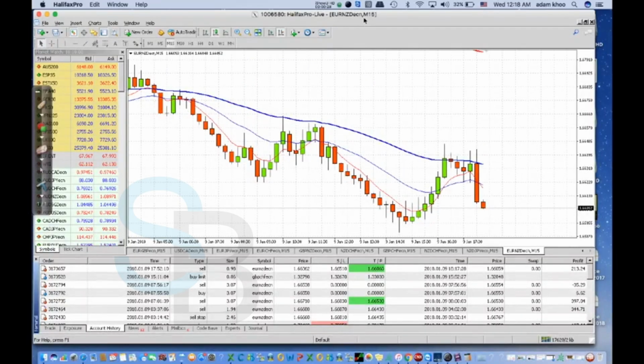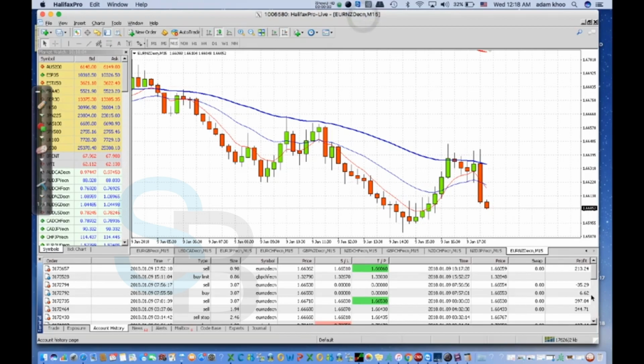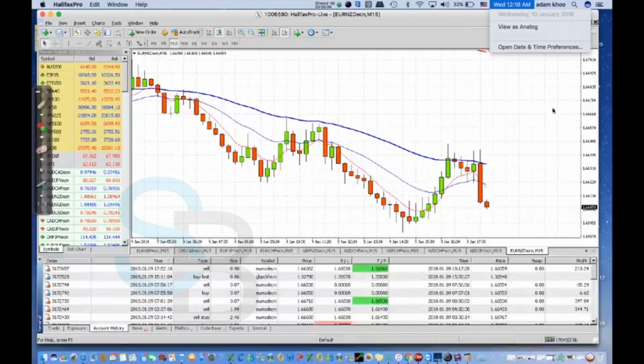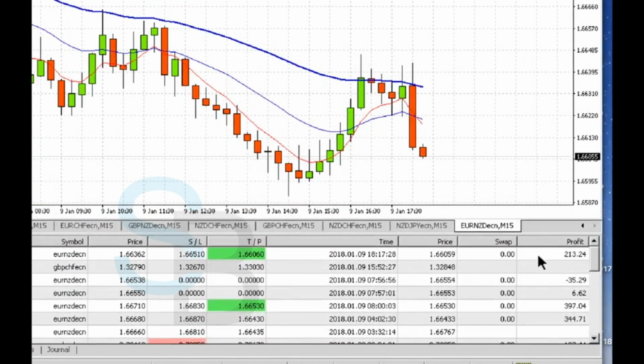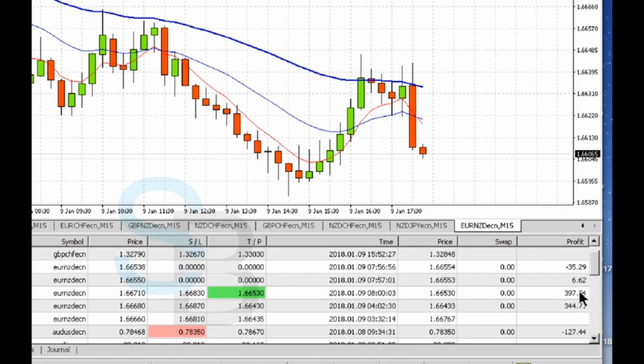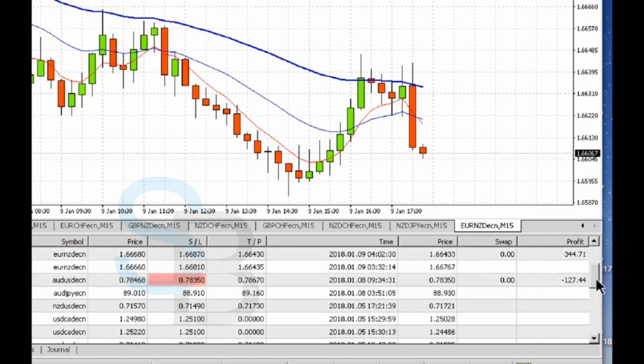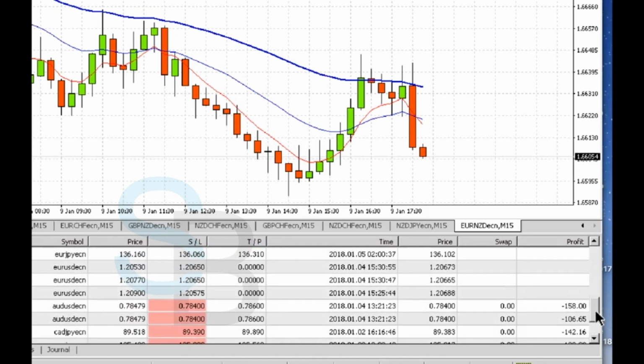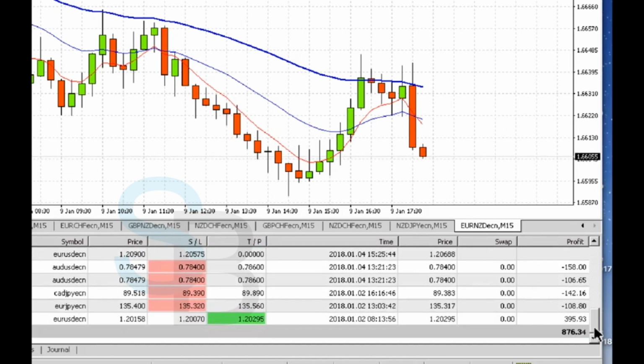Okay, and you can see, by the way, these are the recent trades I've done for this particular month. It's the 10th of January, so I've had 10 days of trading in January, and you can see not all trades are winning trades, right? This was a winning trade, losing trade, well, this was a break even, winning trade, right? Winning trade, losing trade, winning trade, losing, okay, winning trade, right? So overall, I'm up